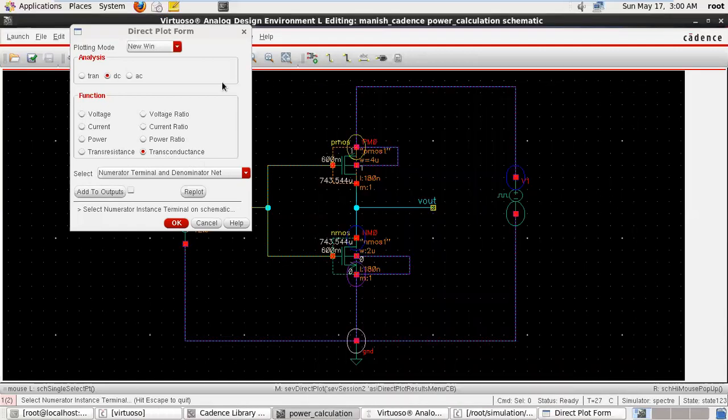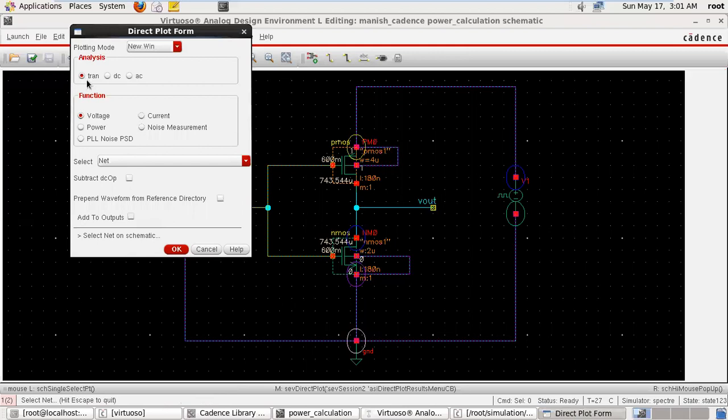So first we have discussed DC. In DC, you can calculate any node voltage. You can calculate the voltage of any instance device. You can calculate the difference of two wires or net points, or take the potential difference of the voltage. So that is the voltage, current, voltage ratio, current ratio, power. This type of analysis can be done. Now we are moving on to transient.